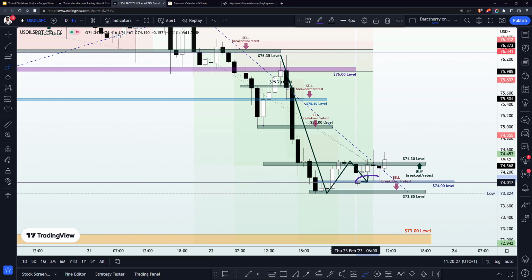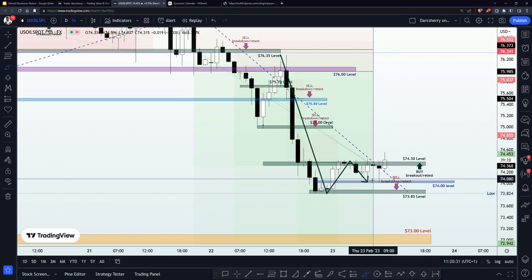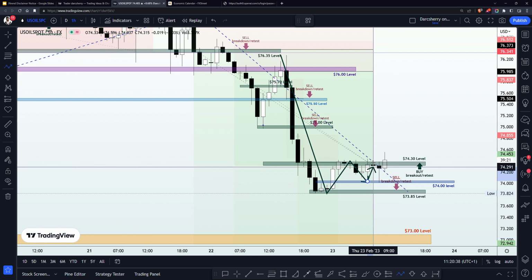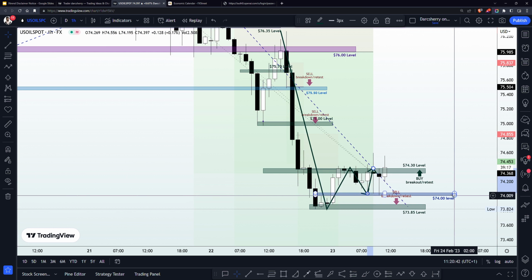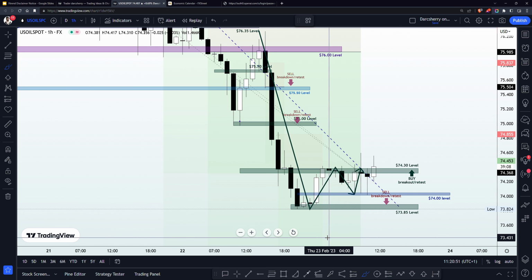Price action has been finding buying pressure around that area, as price has been unable to break the previous low that we have here. And so what this simply means is that we could likely have a reversal pattern here in the form of a double bottom structure. And from a technical standpoint, whenever we identify a reversal pattern like this, the next thing we want to be doing is to identify the neckline of that reversal pattern, which will be the platform upon which we want to be taking a buy position.